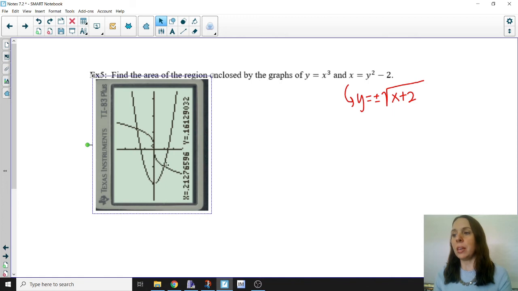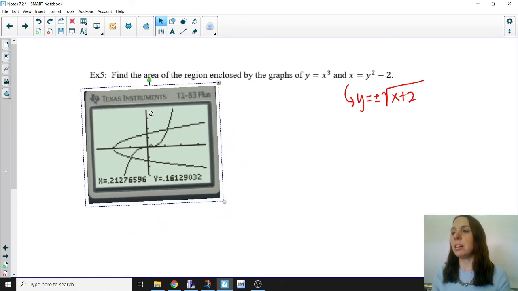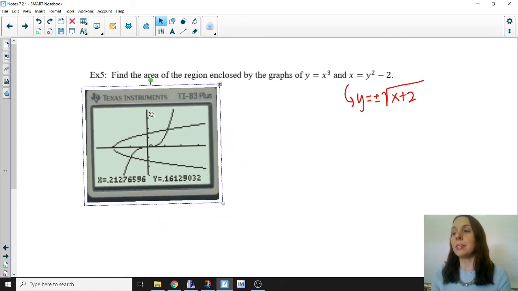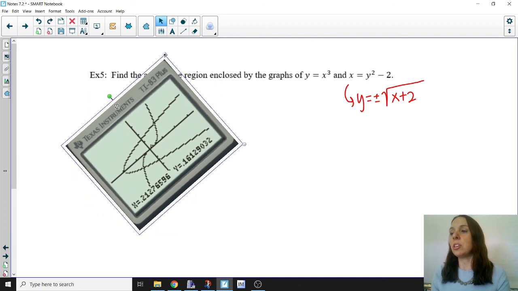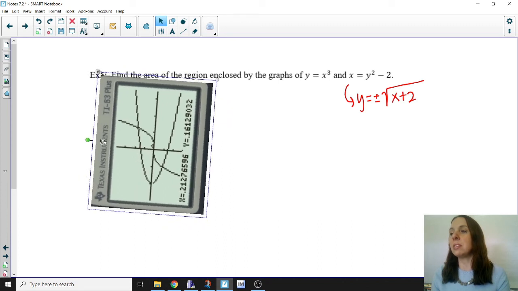Now you might be saying, but this is still a positive root on this side and a negative root on that side. Well, it's not a plus or minus curve if we go back to this form: x equals y squared minus 2 instead of y equals minus root x plus 2. That's just a mess to work with, okay? But again, instead of looking at it how we typically look at it, as x the horizontal axis and y the vertical axis, we're turning it like this. So the positive x's are going up